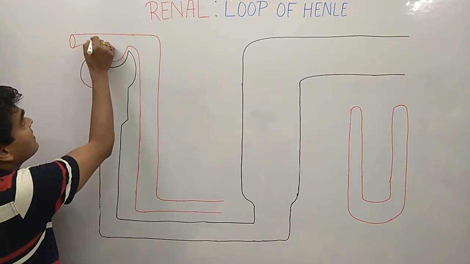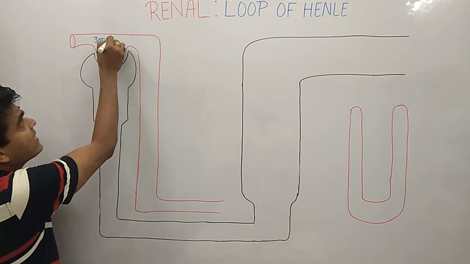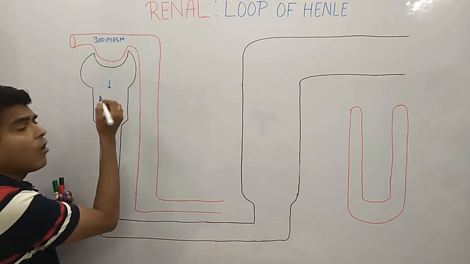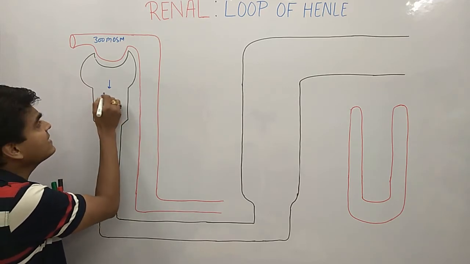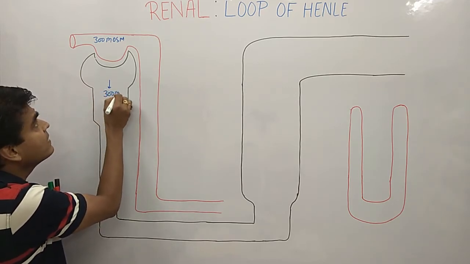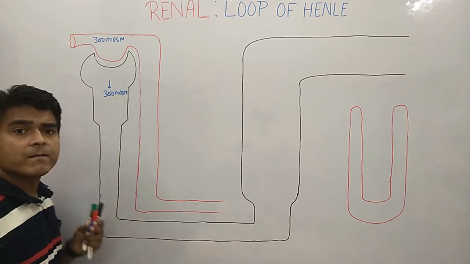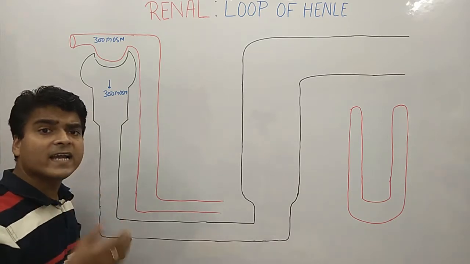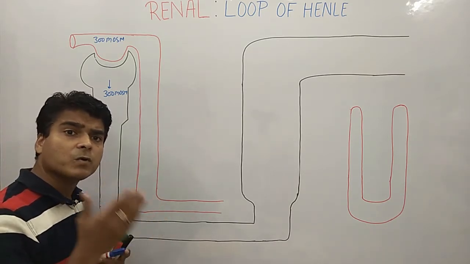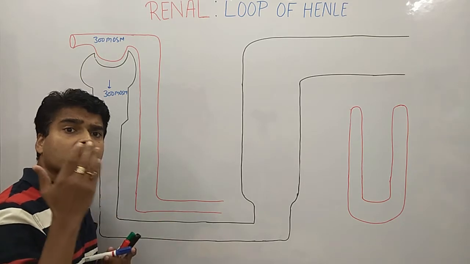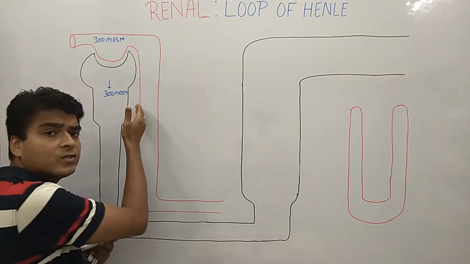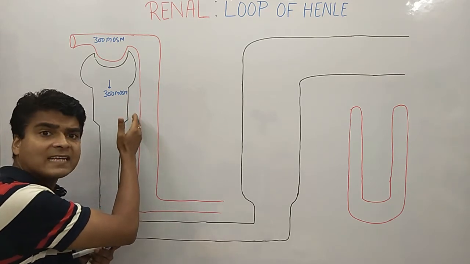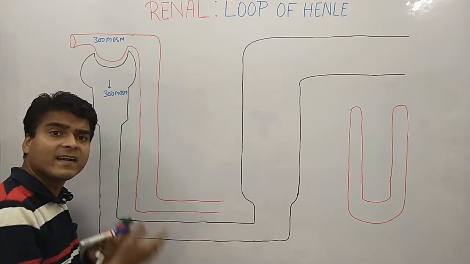Now look at this area, what kind of osmolarity we are getting over here. Here the osmolarity is 300 milliosmolar, and the osmolarity within the PCT was also 300 milliosmolar. So what about the ions? Various ions we already absorbed, like we absorb glucose as well as water. Glucose we absorb almost 100%, and we also absorb lactate and amino acids 100%.